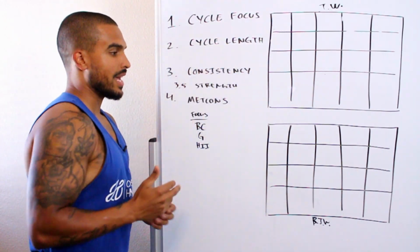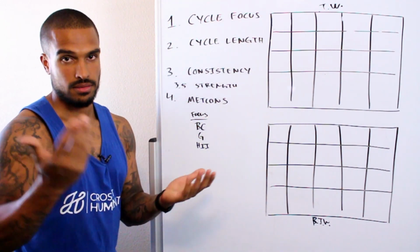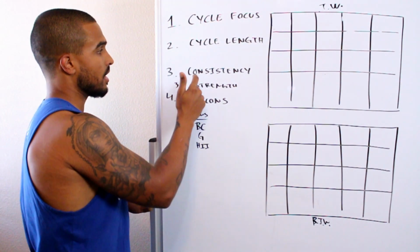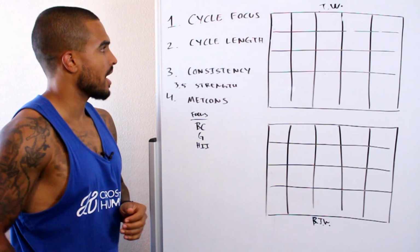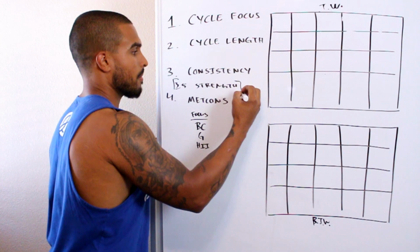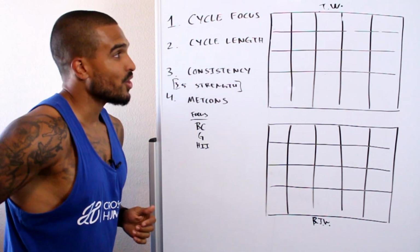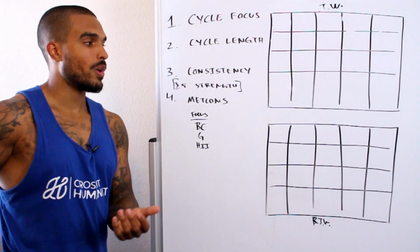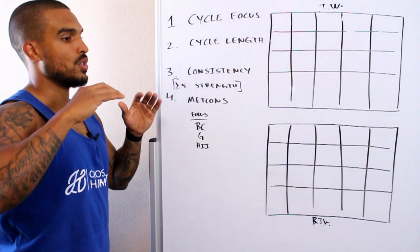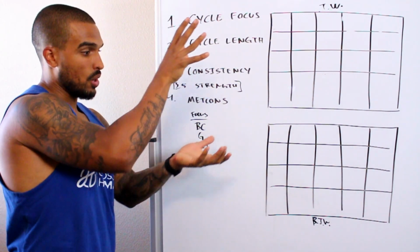So cycle length, I like 10 weeks, sometimes 12 weeks, sometimes 9 weeks. It'll depend on the time of the year. And then third, consistency. I'm gonna highlight this because I feel like that kind of better separates those. Third, consistency. I really like this one because now it allows me to really pretty much get the whole 10 weeks done